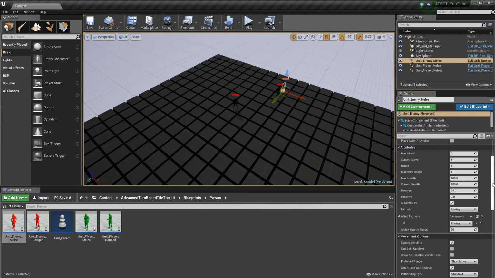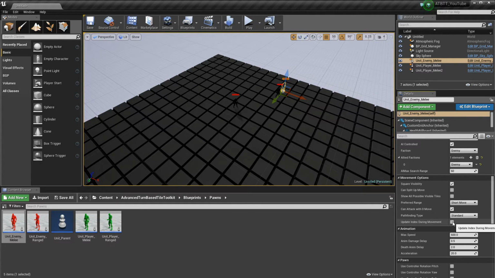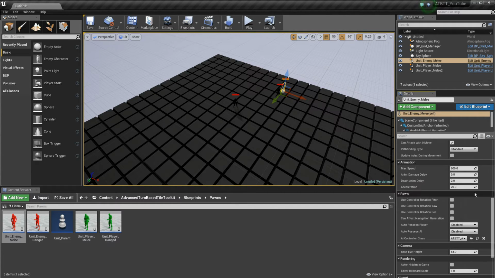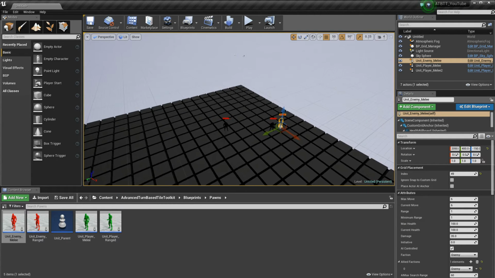So this might be useful for something where you want to check whether or not it is entering a tile with a trap, or if you want to suddenly change the movement to a new path going another direction, things like that. But by default, this doesn't do anything, so there's no reason to check it. It does work every tick on the unit, so this shouldn't have any impact. But for many games, there's no use for this, so just leave it blank unless you want to do something where you need to update the index continuously. Yeah, so that's the new